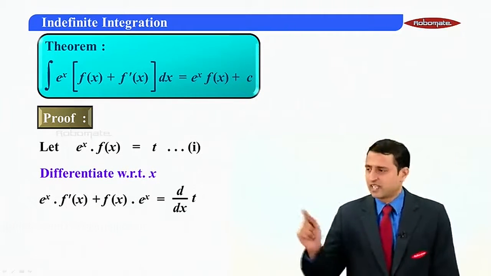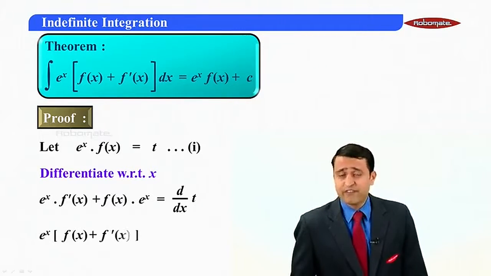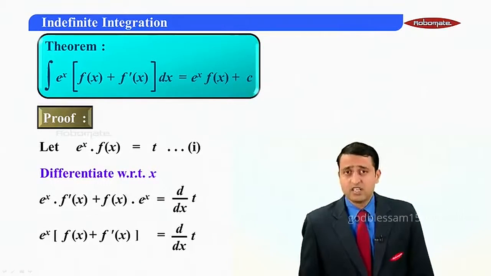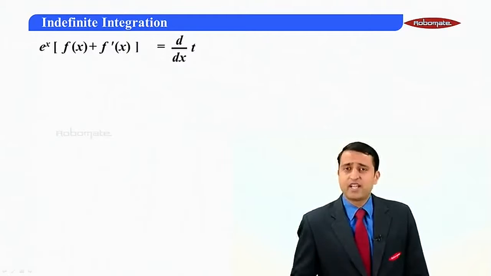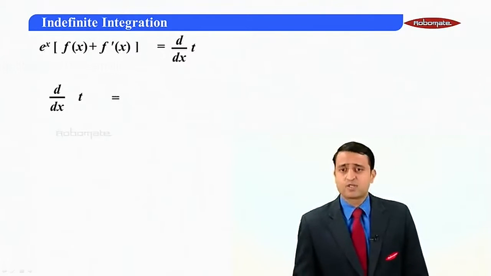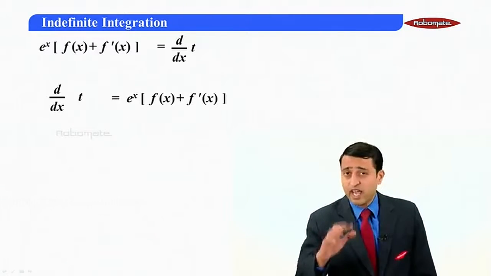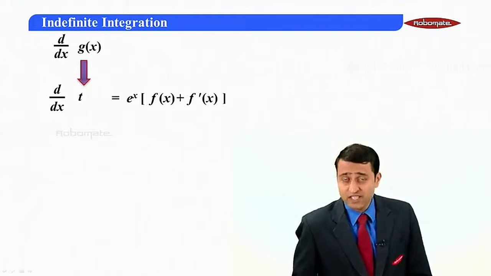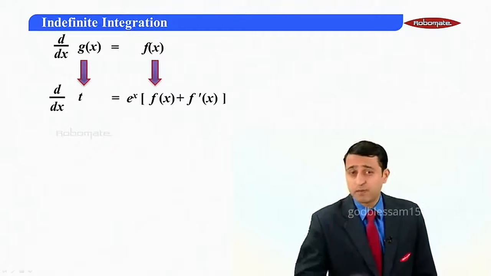On the left hand side, can I say that e raised to x is common? So let's take e raised to x common. We get f of x plus f dash of x, with a little bit of rearrangement, is equal to d by dx of t. Correct? So my dear students, in the next step I'll just rearrange and write d by dx of t first, and e raised to x into f of x plus f dash of x following it on the right hand side. What I have right now in front of me is of the form d by dx of g of x is equal to f of x,